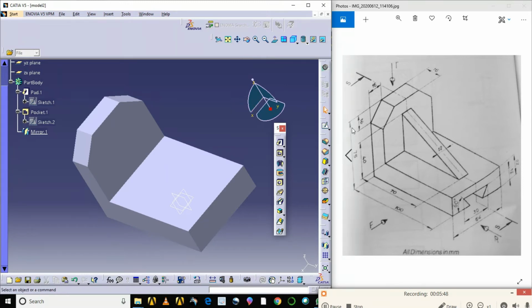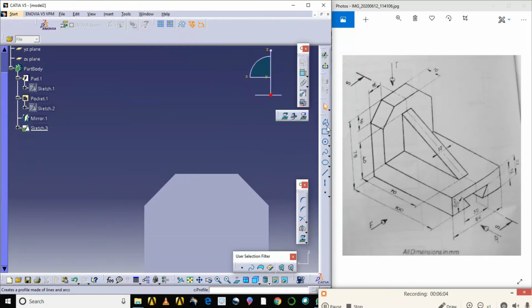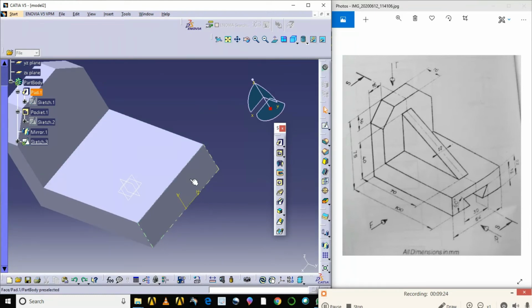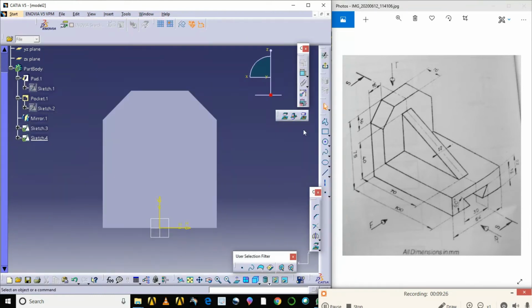Now next I need to create a dovetail type cutout here. So what I do, I'll select this plane. I'll go for the sketch mode. Go for the fit command. So I'll select this. Now I'll go for the profile command.